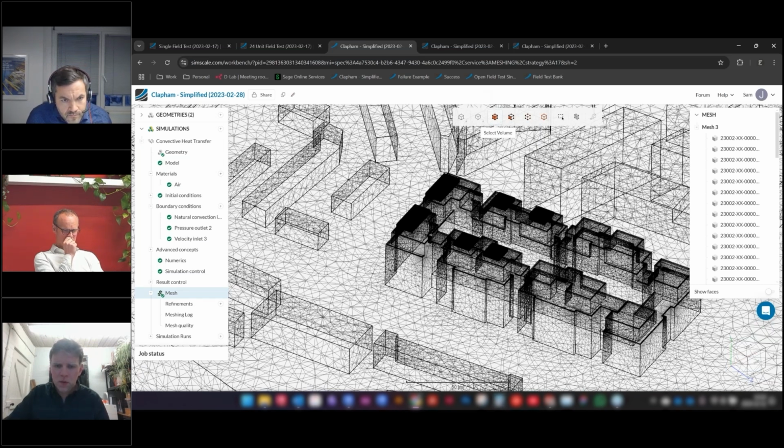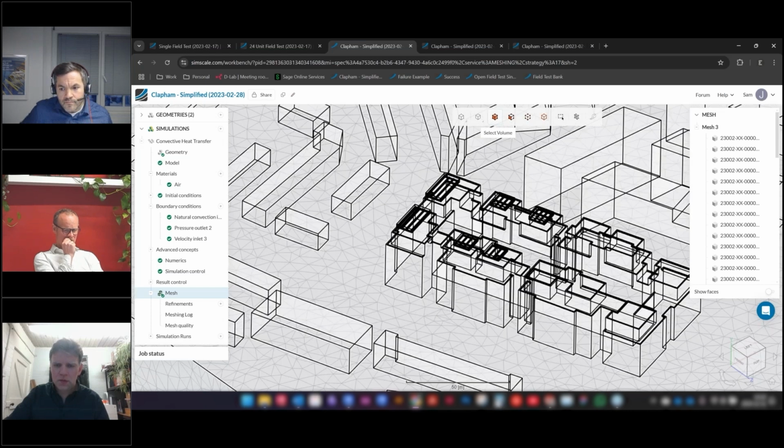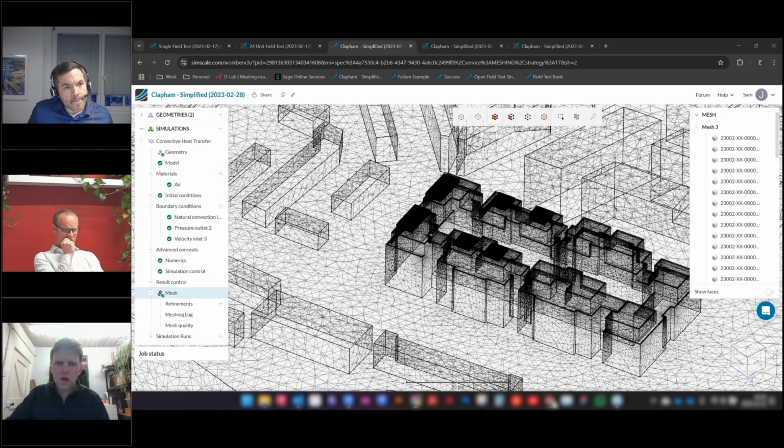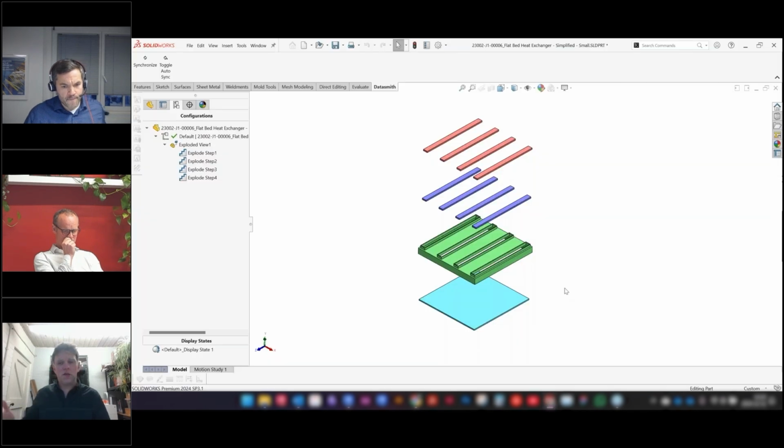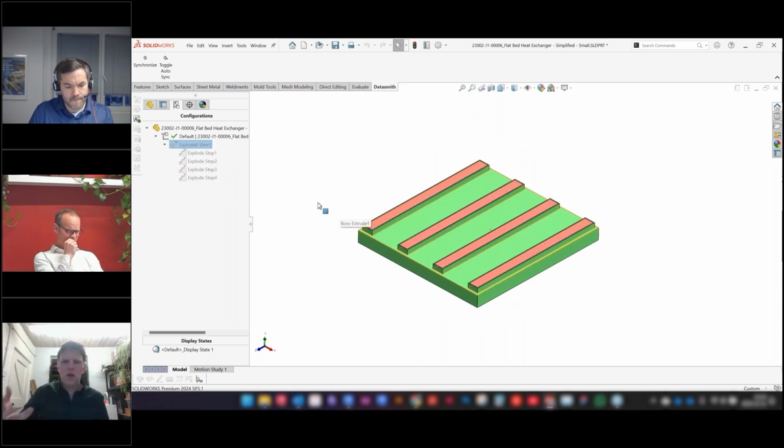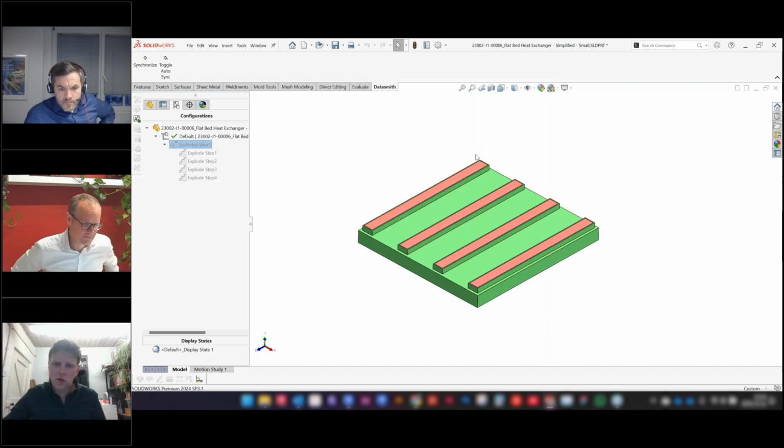One thing which we do need to achieve as well when it comes to simplification is heat exchangers. So this is a representative of a heat exchanger. What you'd normally expect to see here, let me just collapse this because it looks a bit strange exploded, is a load of circular fans, and many of them. There might be 12 fans in this one array here.